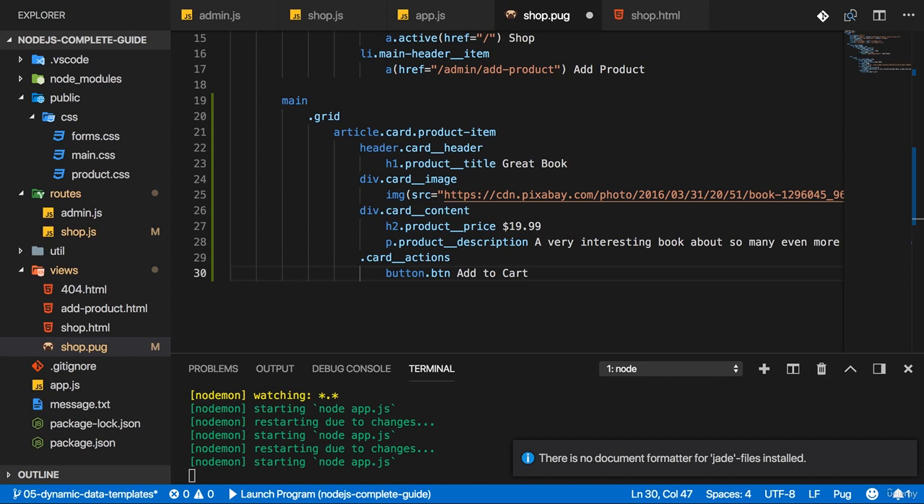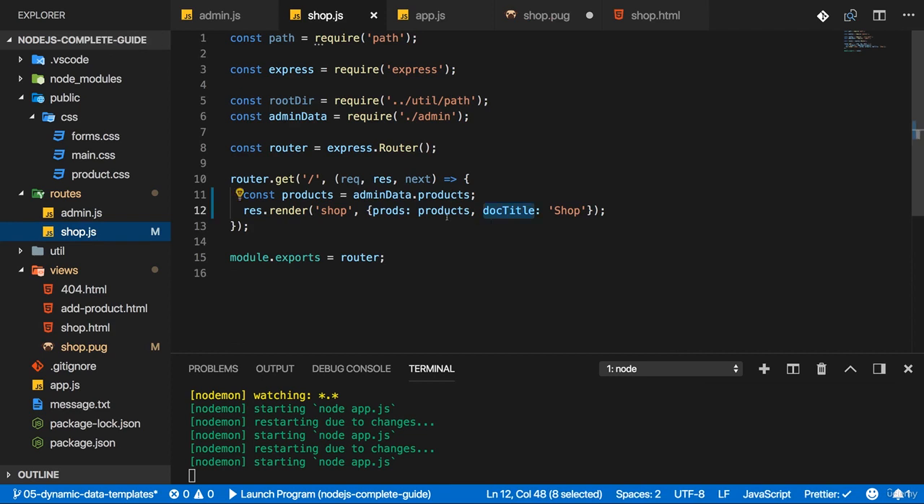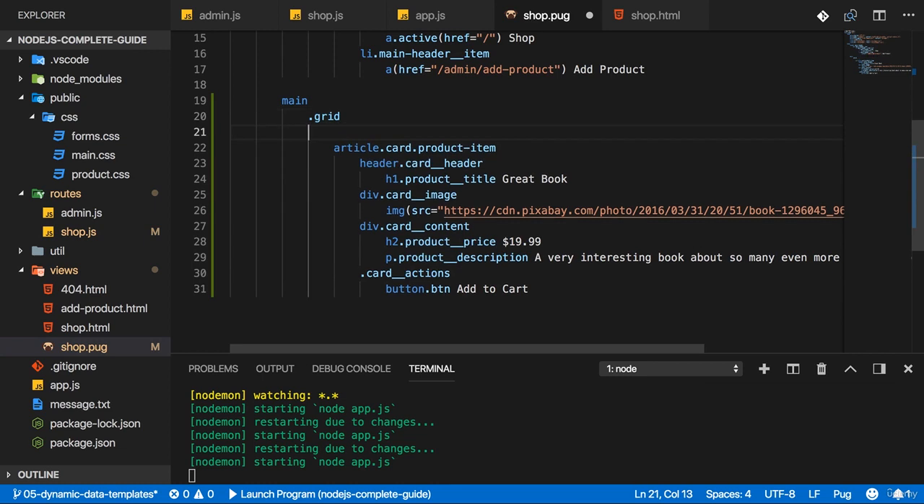Now to make this less static, we need to iterate through all the products. And remember that we do pass the products into the view here on the prods key. So to iterate and repeat this article for all the products, we can simply add a special syntax provided by Pug. And you do create such a loop by adding the each keyword,